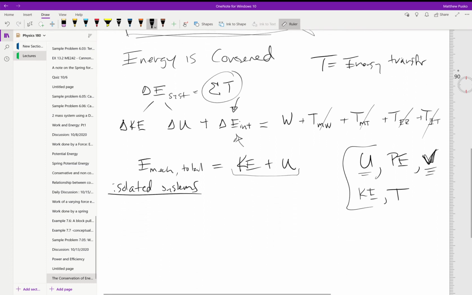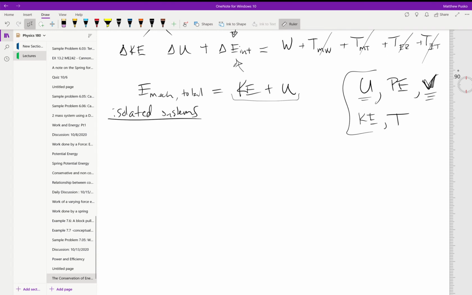Everything is being stored back in. If we do lose some to friction or something, I'll show you how to subtract it from this wonderful equation I'm about to derive. But we'll say that if no energy leaves or goes outside our system,